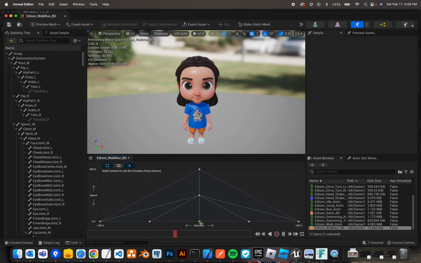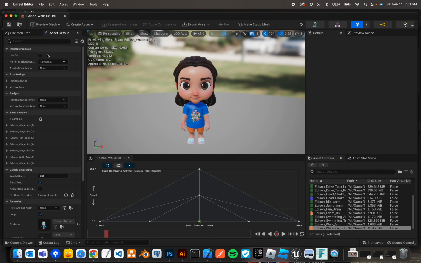So here's the blend space. A blend space is basically where you have two animations, right? And the blend space blends between them based on a variable. So in this case, I go to asset details. The variable here is speed. So I think my direction and speed. And if I remember correctly,